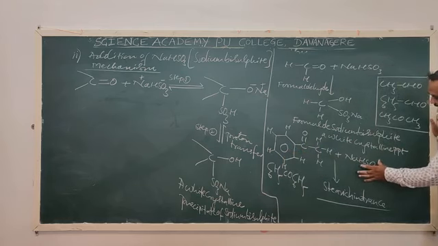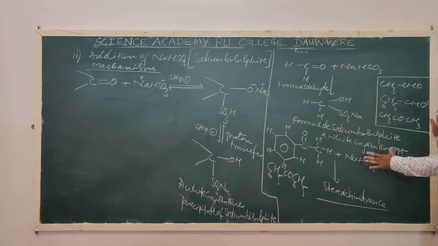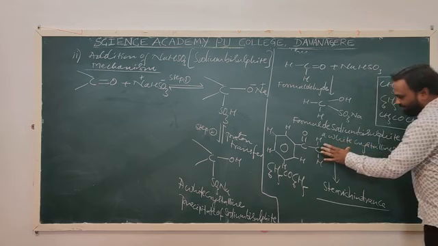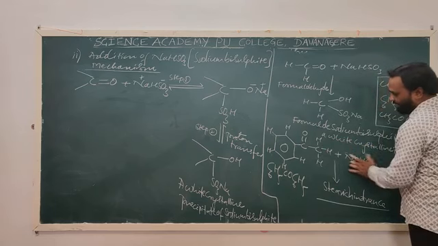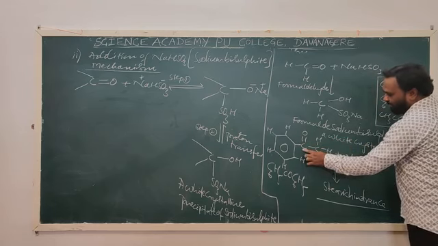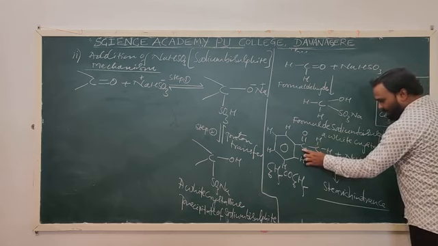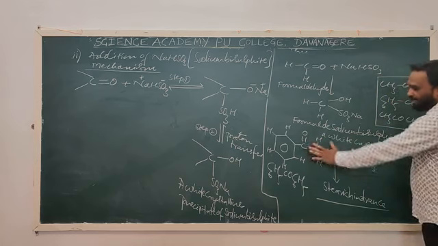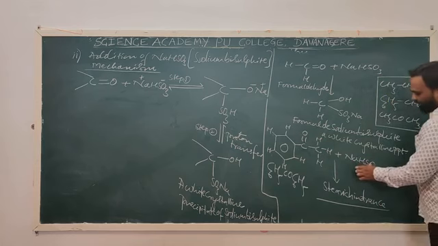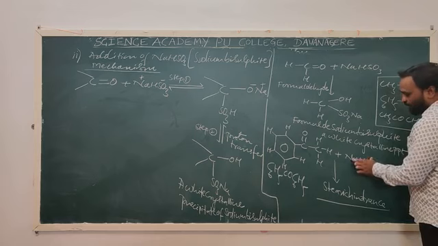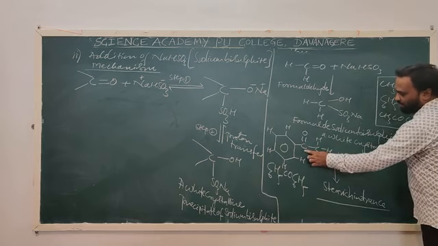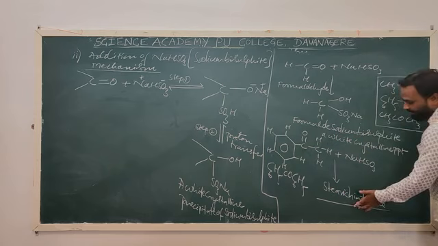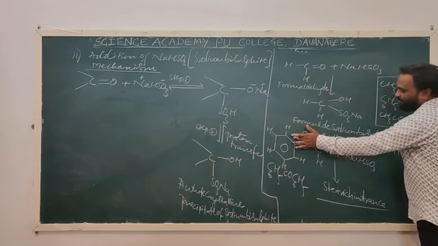The nucleophile here, HSO3 minus, is a bulky group, and the attachment of this HSO3 minus to the carbonyl carbon is difficult, because there is no space for its attachment in three-dimensional space. So it is difficult to add this nucleophile to this carbonyl carbon, and this is called steric hindrance. This is a very, very important point.